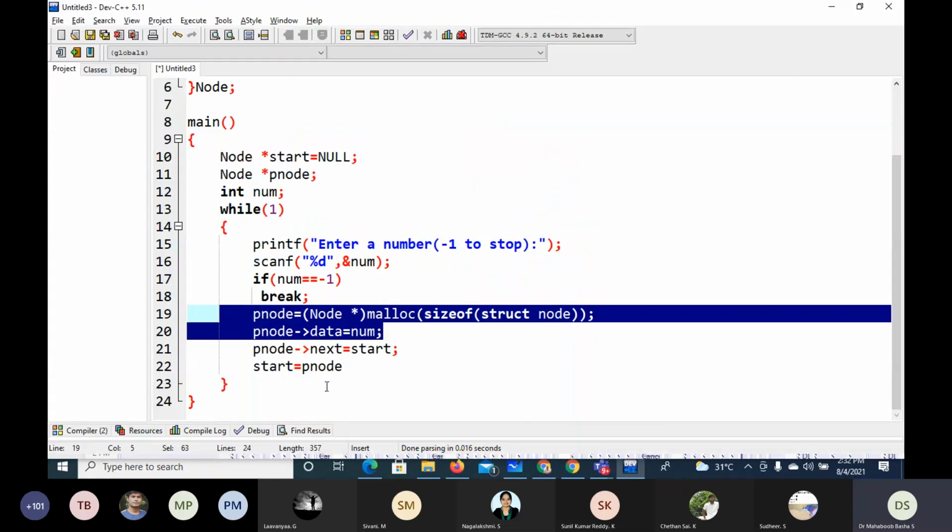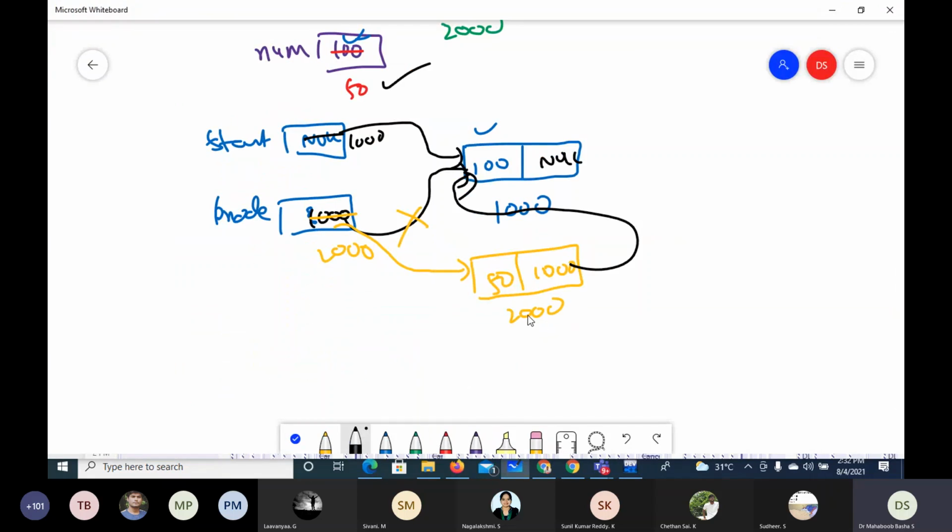Now, next start equals to p node. What is p node? 2000. So now start is no more pointing to this. There is a 2000. That means start is pointing to this. Now, when I start from here, it is pointing to 2000. From here, I'm going to 1000. Then from there, I'm stopping at null. So this is how